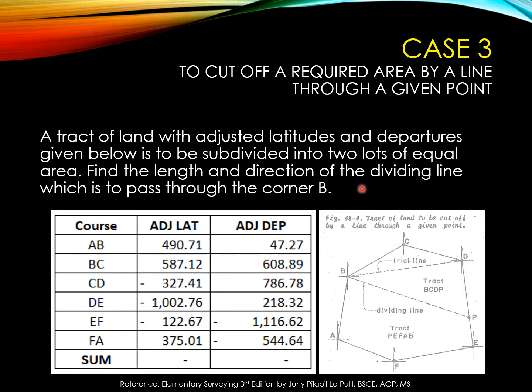Find the length and direction of the dividing line which is to pass through the corner B. So, given tong corner B, kailangan daw, we need to divide the lot, this whole traverse, into 2 lots of equal area. So, ibig sabihin, from point B, hindi natin alam kung sa point D, point P, or point E